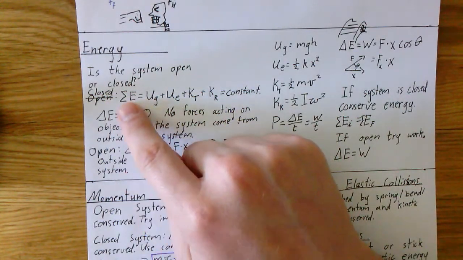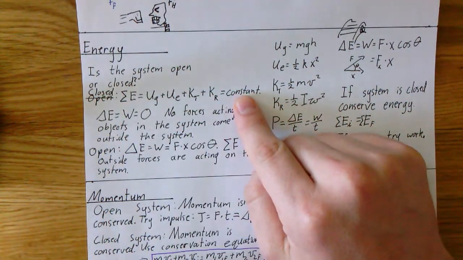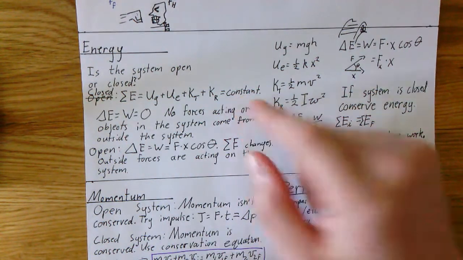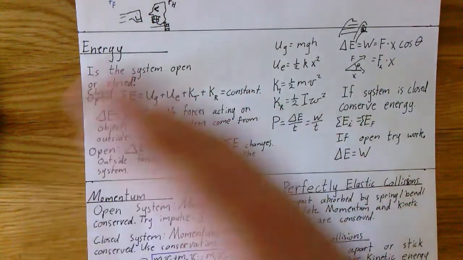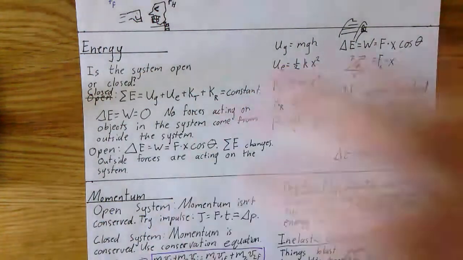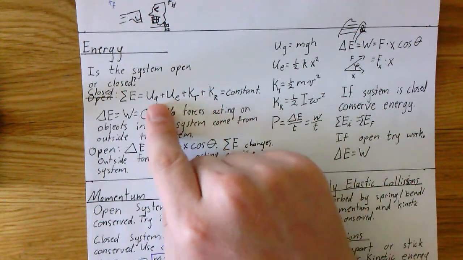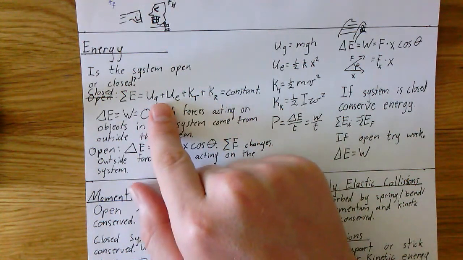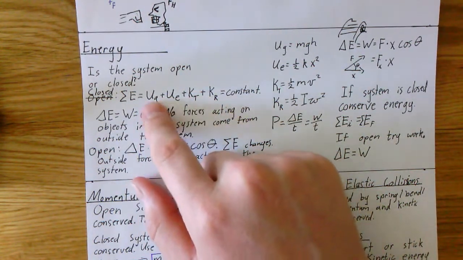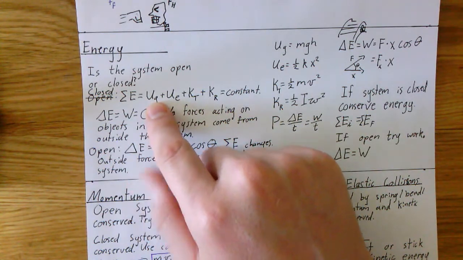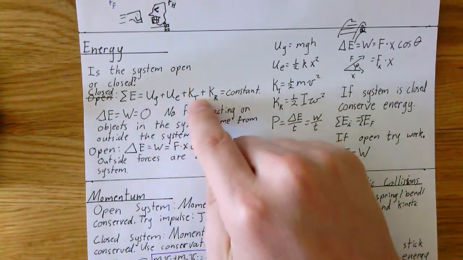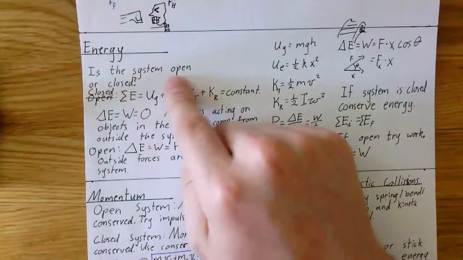So all the energy in our system will be constant. That means we're not going to gain any energy and we're not going to lose energy. There's none coming in or going out. These are just the sum of the individual types of energy in the system. They can kind of bounce back and forth. Like if I have some gravitational potential energy, I could take some of this and transfer it to this, but I'm only transferring